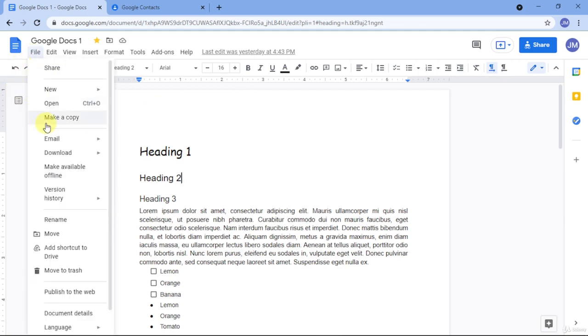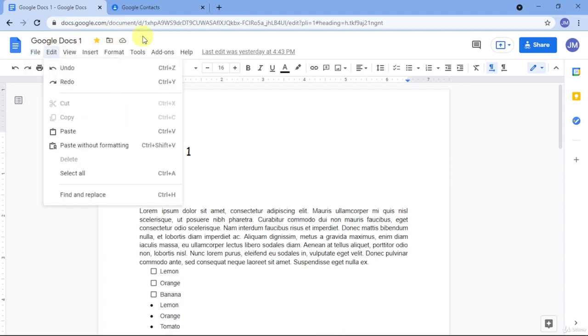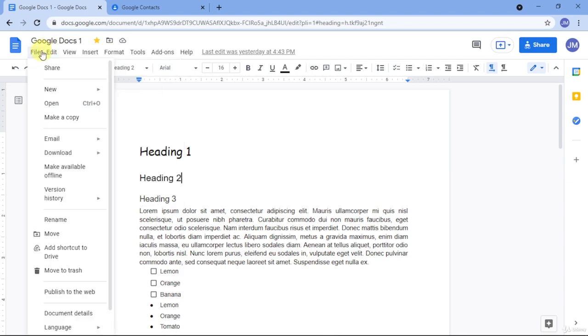Finally, we have Make a copy. Now, this is super important because most of my work is really done with Make a copy. Whenever I'm making a course, I use some outline, so I go with Make a copy, and then the template is duplicated, and I can write on that duplicated template and document. So for you, this might really be helpful because this is going to copy the same document with another